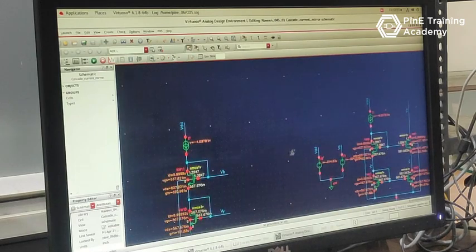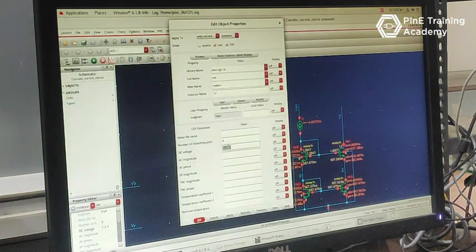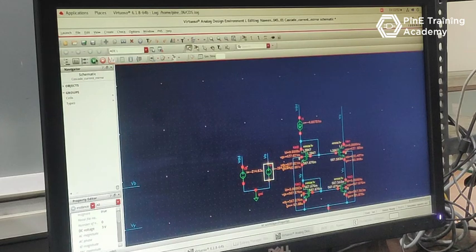One more advantage of this circuit: if we change the VA voltage, let's change the voltage from 1.2 to 3 volts. If we apply it, then okay, then rerun the circuit. If VA voltage changes but Vx voltage does not change, it means the VDS voltage of this MOSFET and the VDS voltage of this MOSFET are constant, and we will find the same current mirroring.